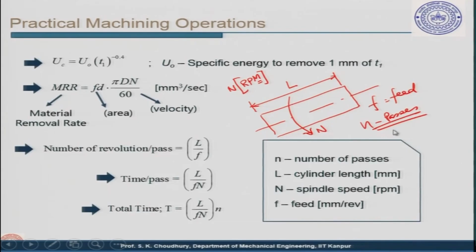Number of passes means, suppose we have to take a depth of cut d, and this depth of cut cannot be taken in one go, for example if it is very large. In that case it can be machined in 2 or 3 passes, depending on the value of the depth of cut. If the value of the depth of cut is large enough,